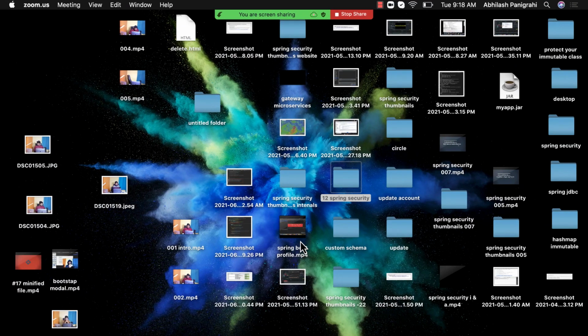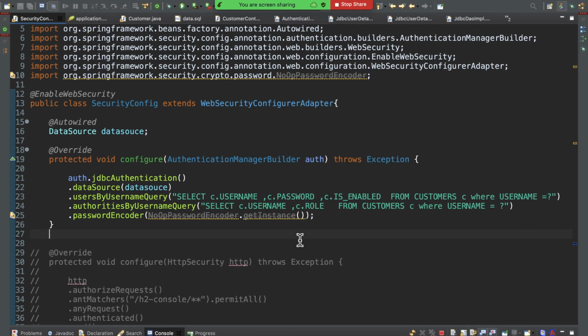Okay, if I'll be able to log his information in my console, then obviously I'll be able to persist his information in my database, right? So let's first try to log his information. And if I want to log it, as I have told you previously, whenever we try to log in,